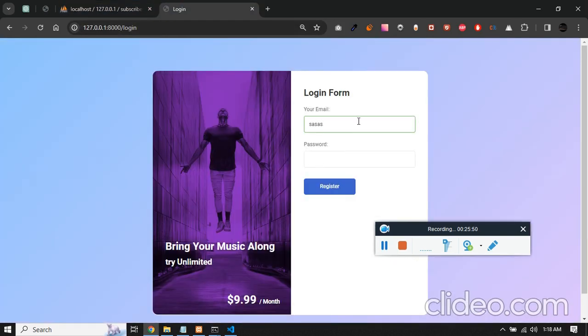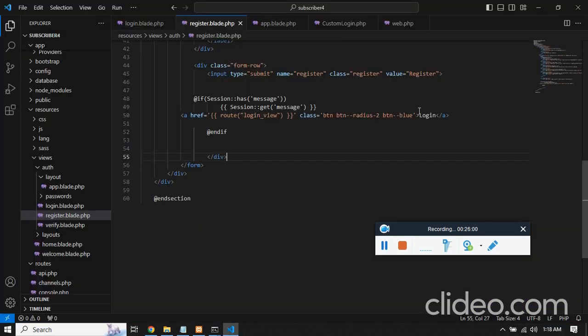Cool. Now if I do some random values, it won't be there, and it will show a message saying that login failed. And if you want, you can give register link here,